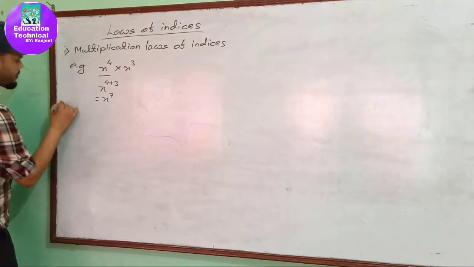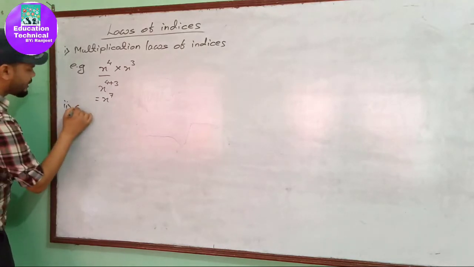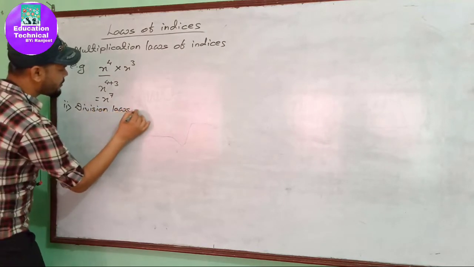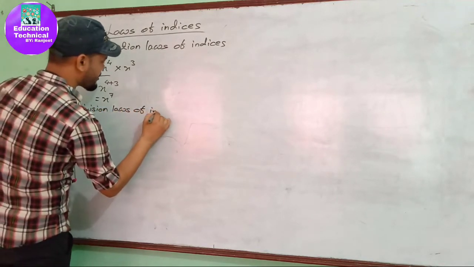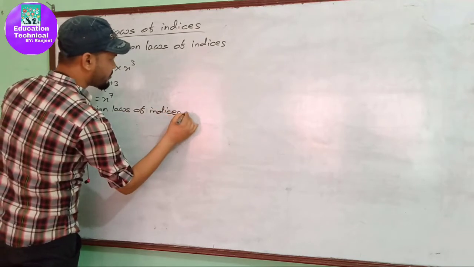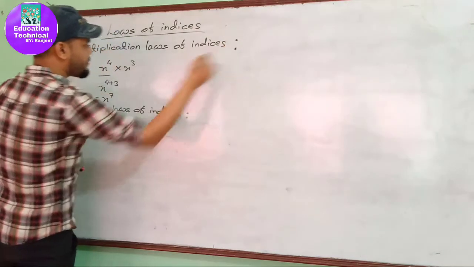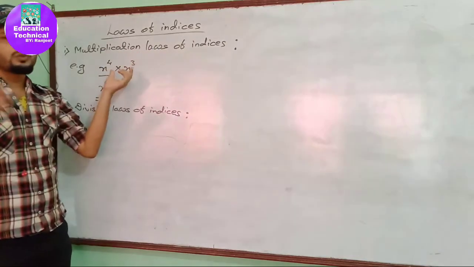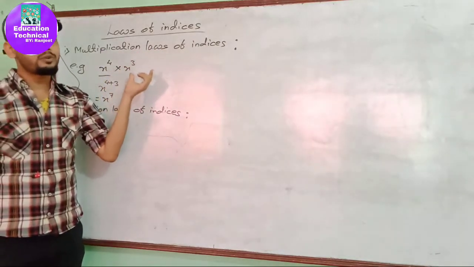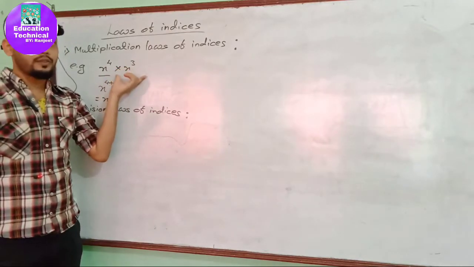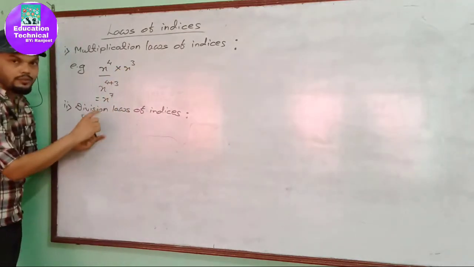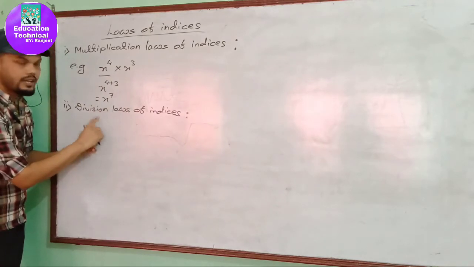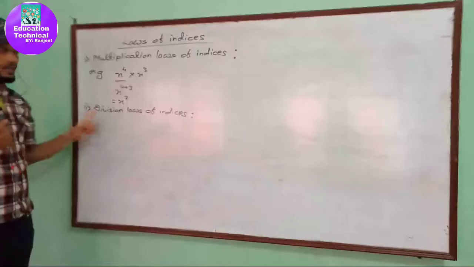Now the second one, that is division laws of indices. Here in the division also, as for the multiplication laws of indices, if two or more than two algebraic terms are to be multiplied, their powers are added. So now for this division, if two or more than two algebraic terms are to be divided, then in such condition,